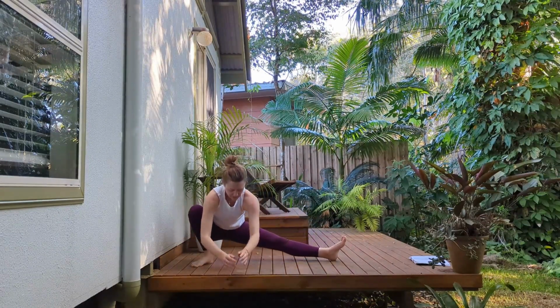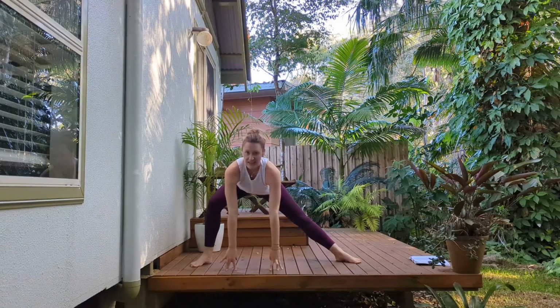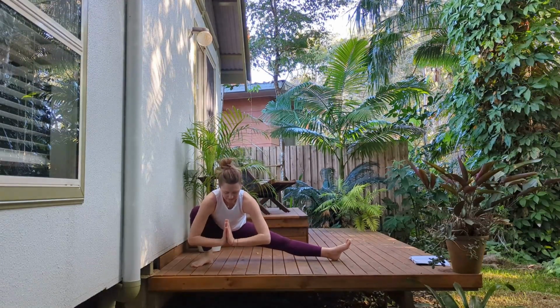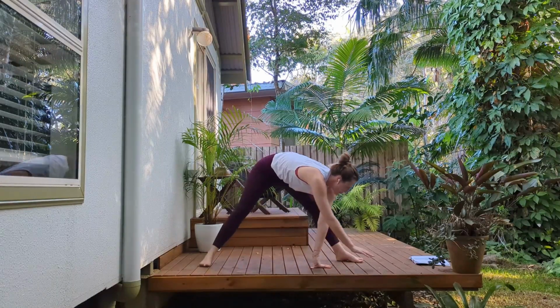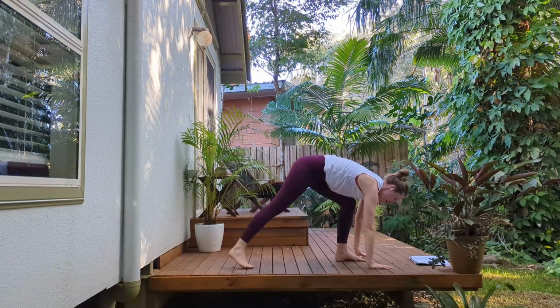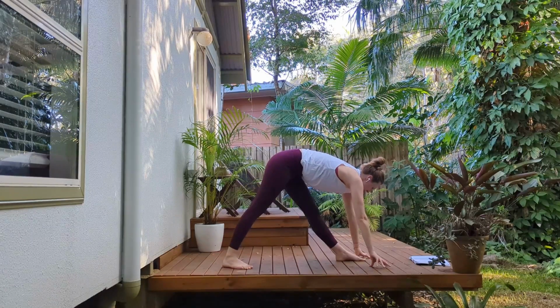So either if you want to come all the way down, you can also stay up here. Either way is fine. So finding your variation, finding your Skandasana, and then walk back to the front of the mat into your pyramid pose. So step your back foot in a little bit, 45-degree angle, and start straightening your front